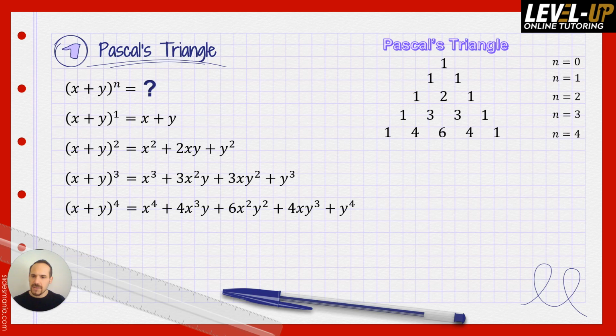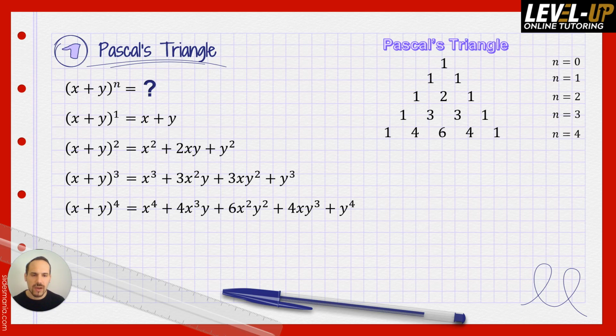Or you look at, say, the 6. The two numbers above it are 3 and 3, which add to produce 6. The two numbers above the 4 are 1 and 3, so it adds to get 4. And we can follow that pattern on, so without even having to expand out the next expression